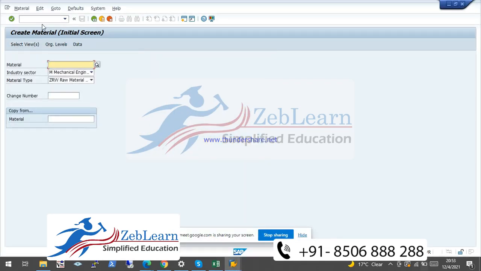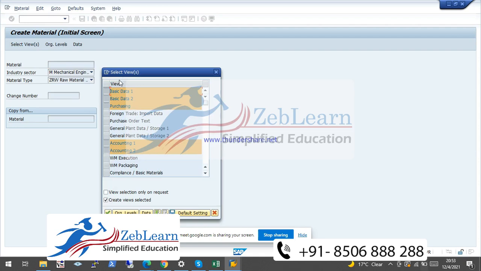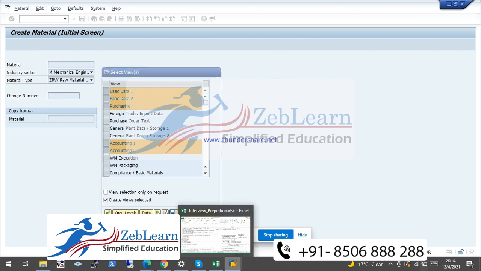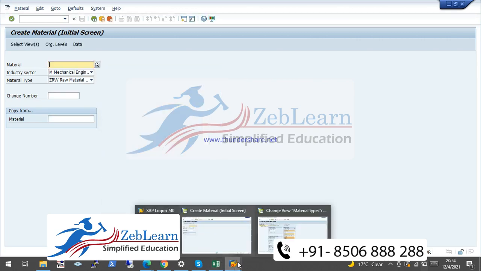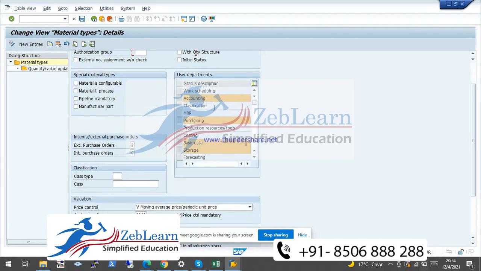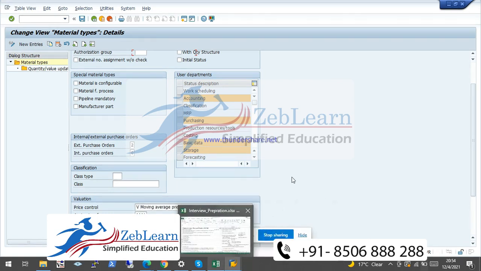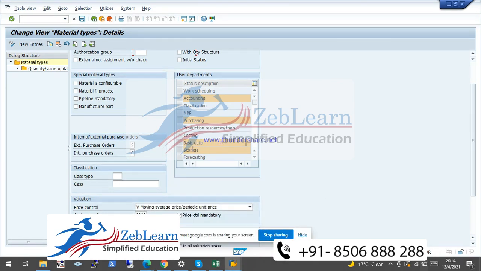Once we go to MM01 to create that material and hit that screen, how can we control this screen? It will be controlled by this setting, which user department view we select in this screen. The default screen will show the related user view. Okay, material view.